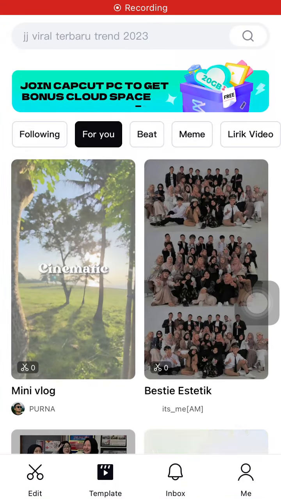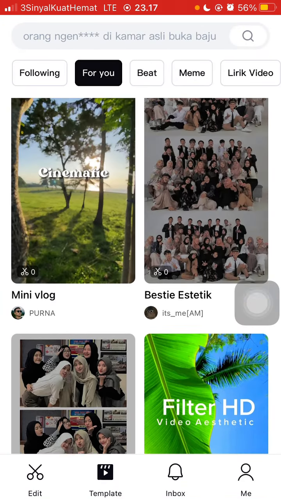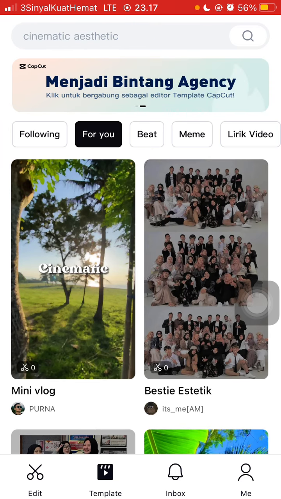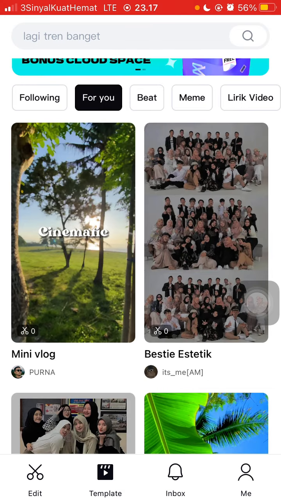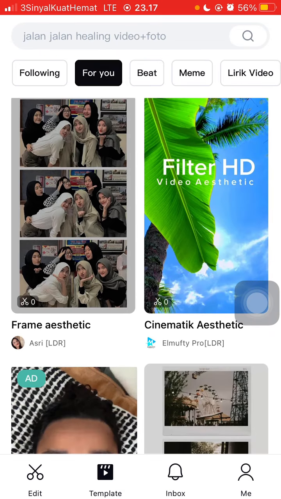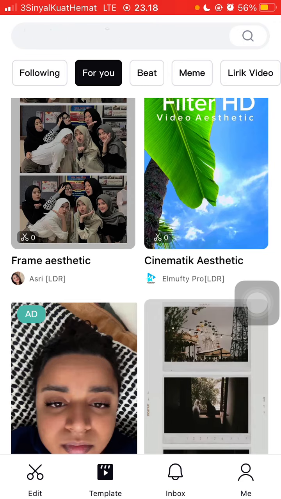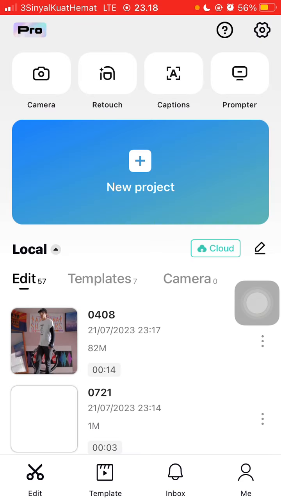Hey guys, in this video I'm going to show you how you can add effects in the CapCut app. It's a basic tutorial, and I think this is especially for those of you who are using the CapCut app for